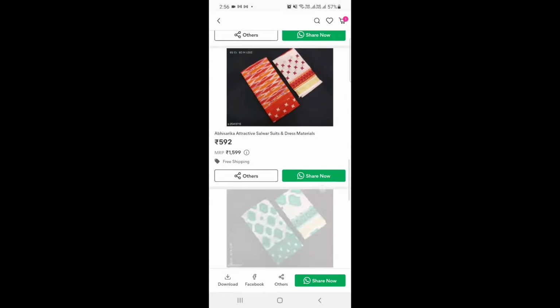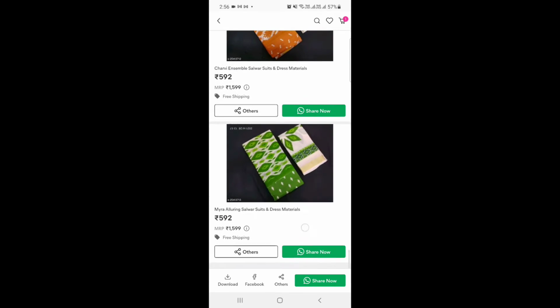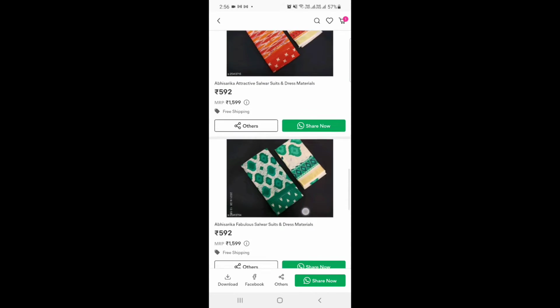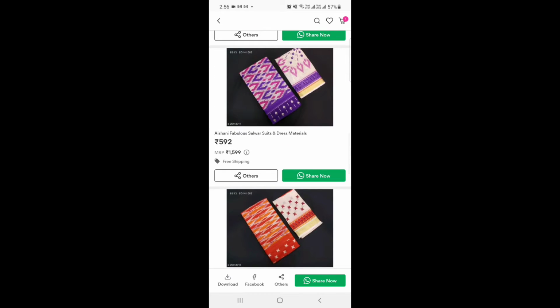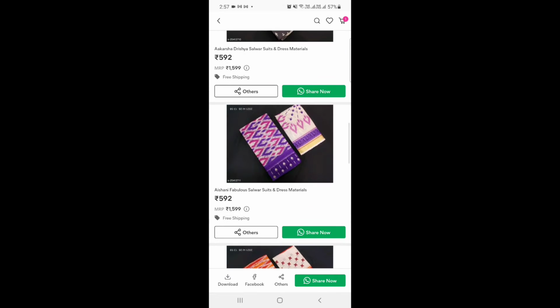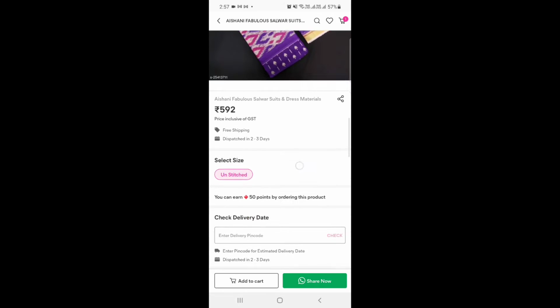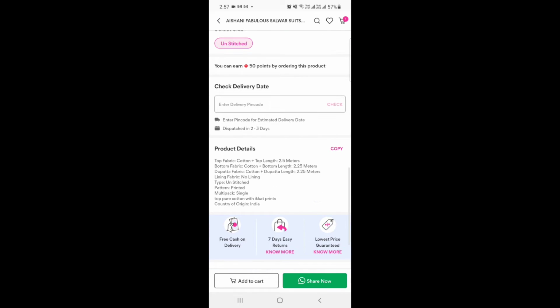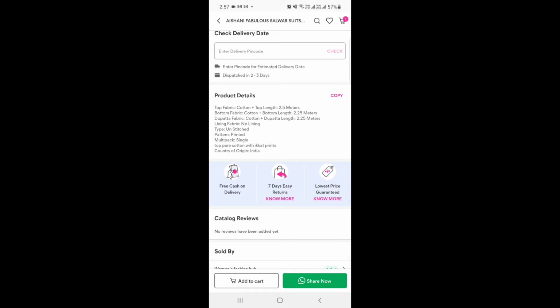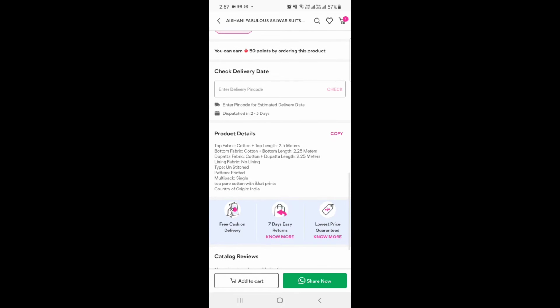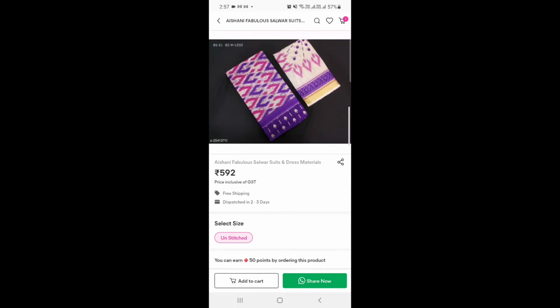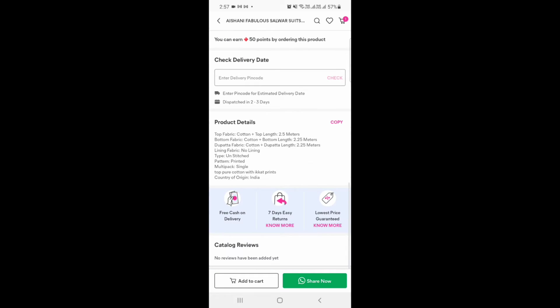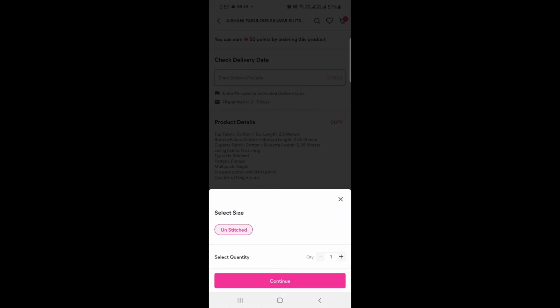Here you will be able to see multiple colors or patterns available from that seller. So if you want to purchase this item, just click on the pattern you are most interested in. Suppose I am interested in this one, which is over here. I open the item, and you can see all the description of the product over here. Product details and everything are there on the screen. At the bottom you can also see whether cash on delivery is available on it, and the written policies and everything. So if you want to add this product to your cart, you have to select add to cart.